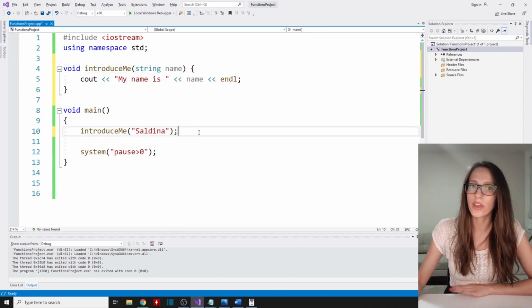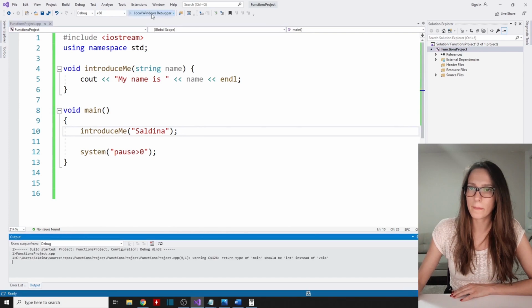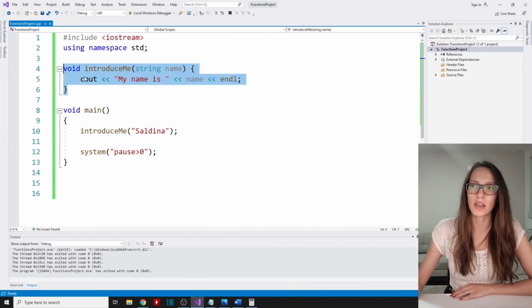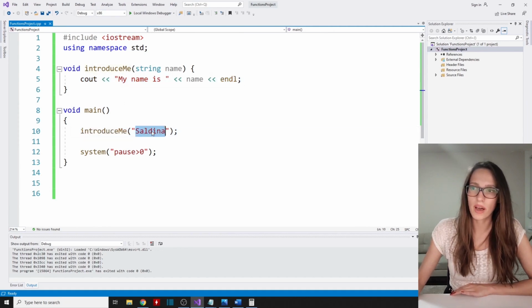Okay, so now if I run my program, you can see that my function has successfully introduced me. So it says my name is Saldina, like this. Okay, so here we have really defined our function. So the parameters that our function receives, name, return type, and then the block of code that our function is going to execute. And then here we have invoked our function and passed an argument, which is this string of text here, to our function, which is going to be received in this name variable. And then our function is going to